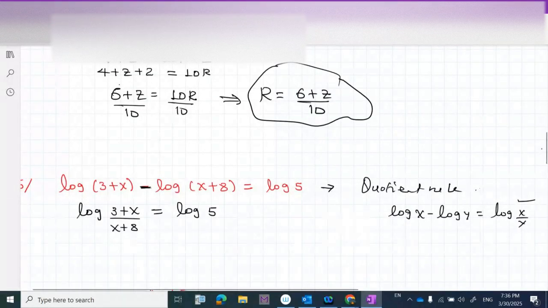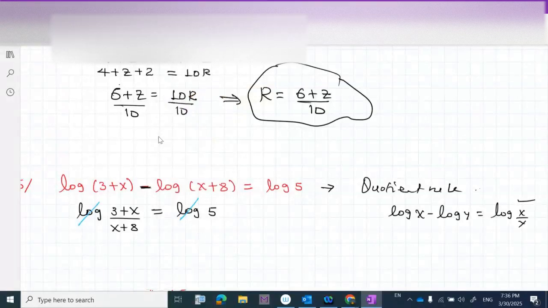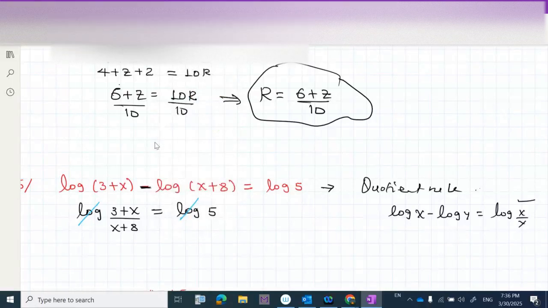Okay. So what will happen is this. This logarithm will cancel with this logarithm. So this is something beautiful, the equation I'm left with. So what I have to do is simply 3 plus x equals, remember,